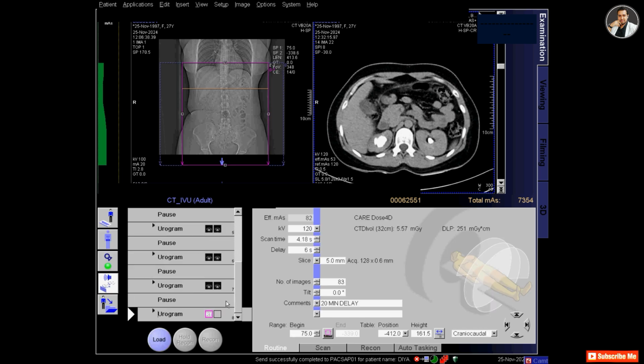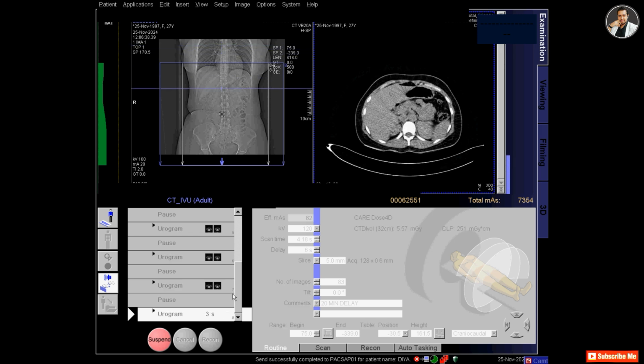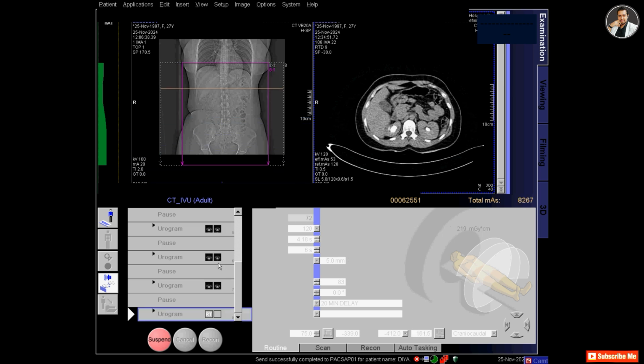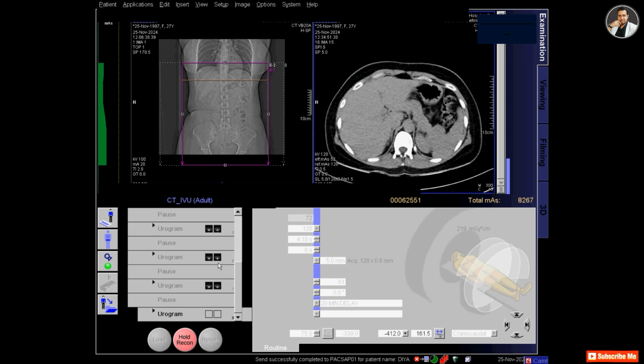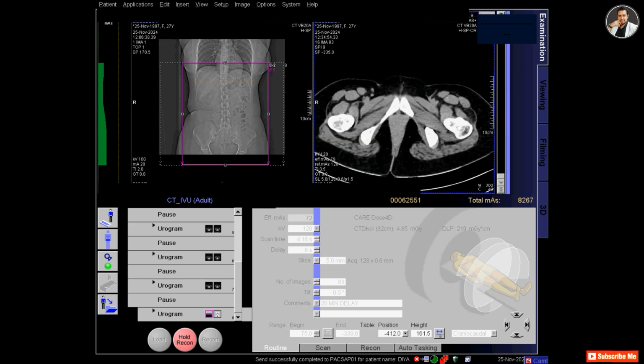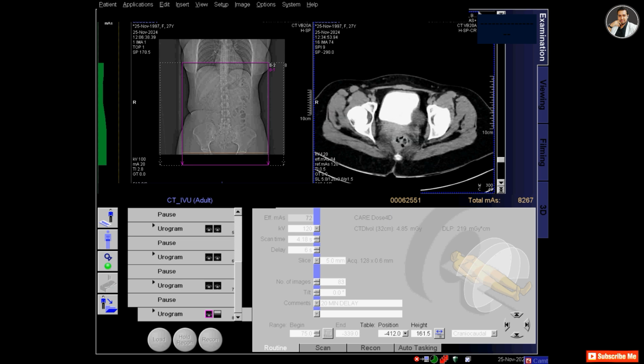I am taking the ureterogram scan again at 30 minutes. So repeat this scan, press the move button to move the table to the center, and press the start button, and the 30-minute ureterogram scan will happen. In the 30-minute scan you can see again the ureters are visible, and the right renal pelvis is dilated, and the contrast is going down with the ureters, and also the bladder is filling with the contrast.